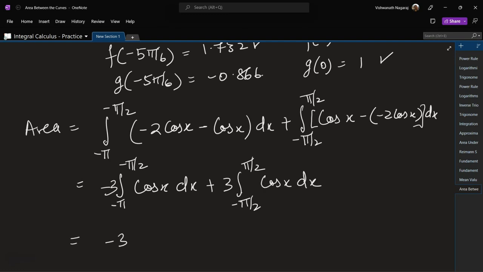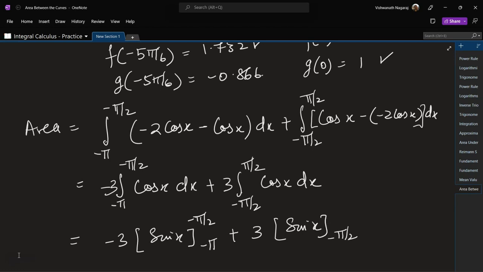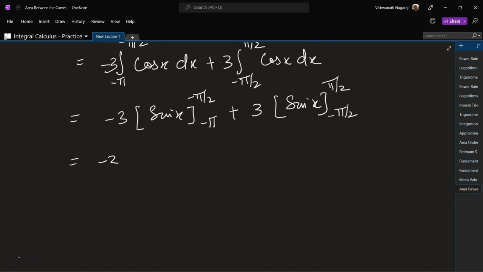So this would be minus 3 times sin x from minus pi to minus pi by 2, plus 3 times sin x from minus pi by 2 to pi by 2. That is minus 3 times sin minus pi by 2 minus sin minus pi,